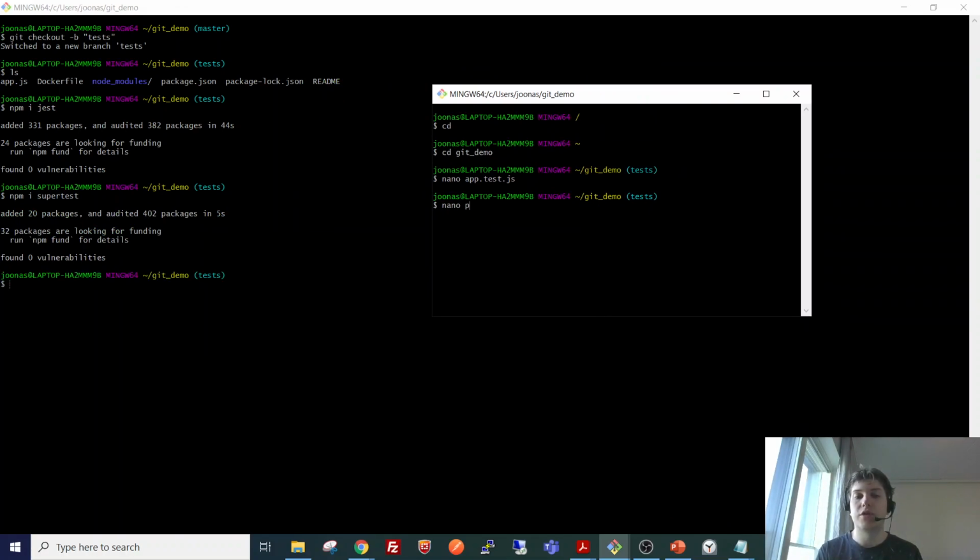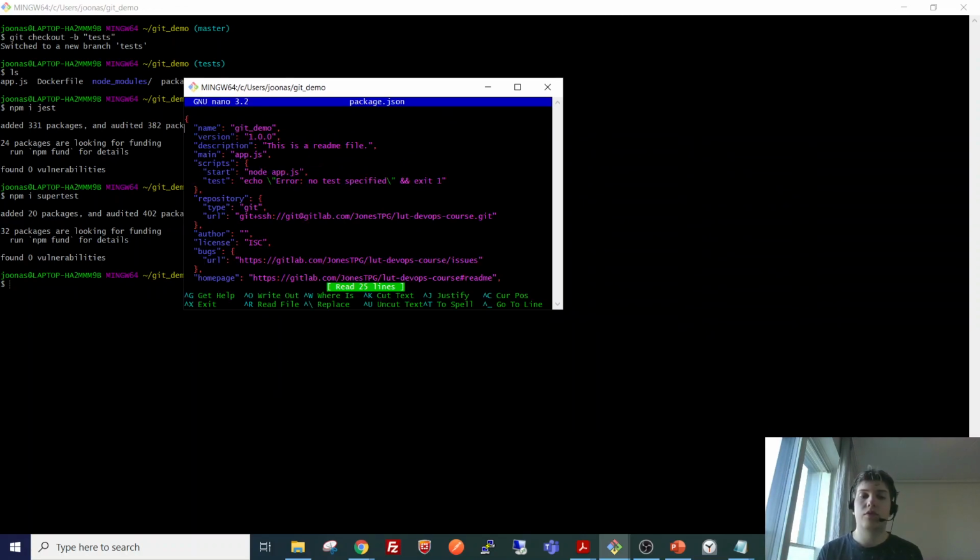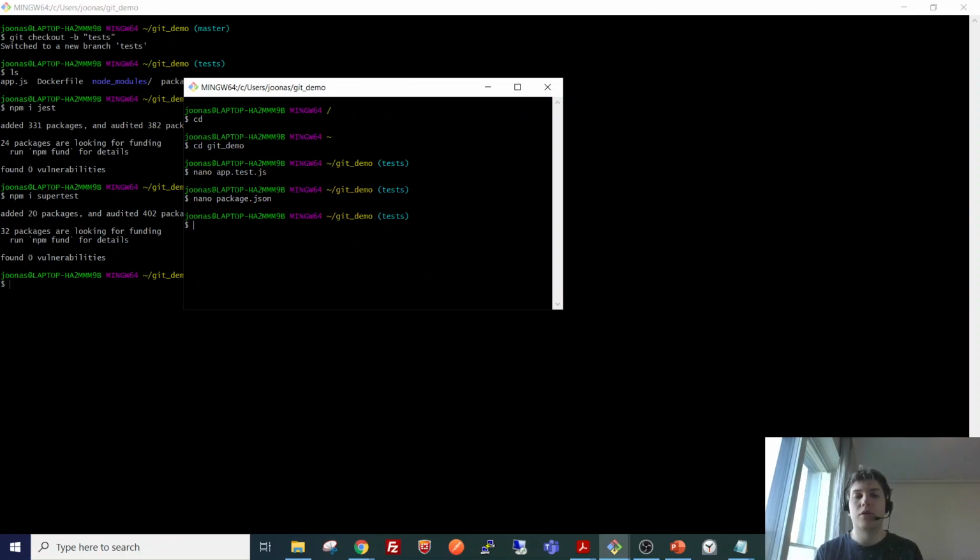Also, we need to make a change to the package.json file. The change we are going to do is add Jest to the test script so that npm is able to run the tests. But now when we do run the tests, we can see the following thing happening.